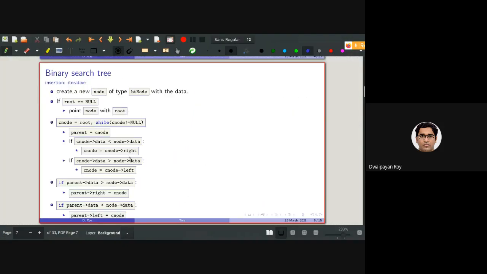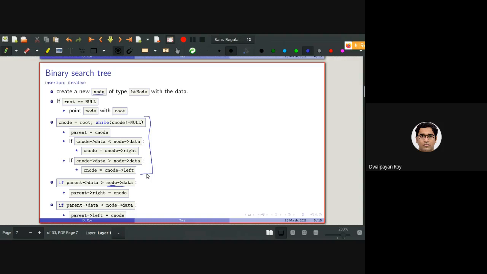Now there is an iterative way of implementing the same thing as well. The algorithm is like this. So basically what we need to do is iteratively go into the place where we want to insert it. As you can see here, iteratively I am going into the position where we need to insert the new data or the node. Here I am inserting the new node. This is the node containing the new data. So I am iteratively going into the position where I need to insert the node.